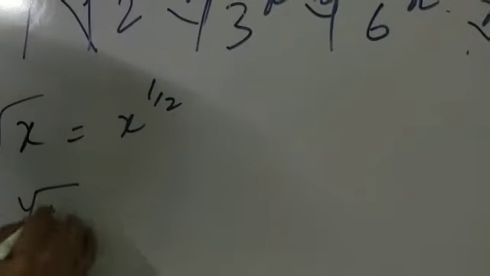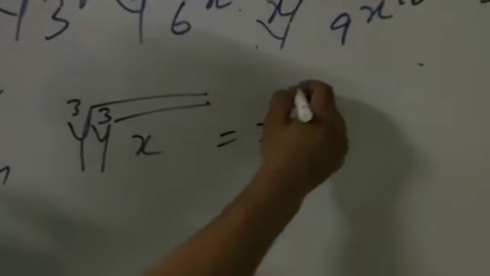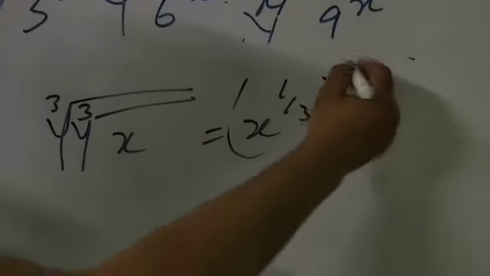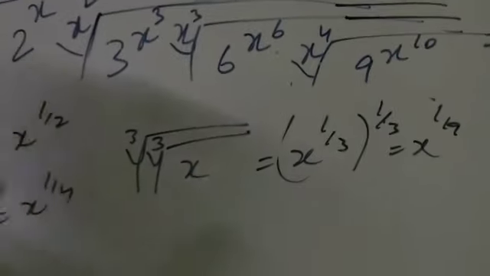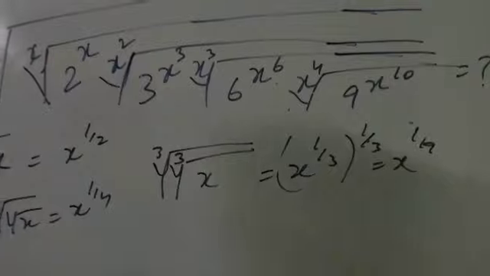First of all, let me tell you a concept. Root x, what does it mean? X to the power 1 by 2, clear? Root and root x means x to the power 1 by 4, clear? Root x, if 3 roots are there, then x to the power 1 by 3 into 1 by 3, that is x to the power 1 by 9, clear? Now you have that kind of approach for how we have to solve this question. Let us start.